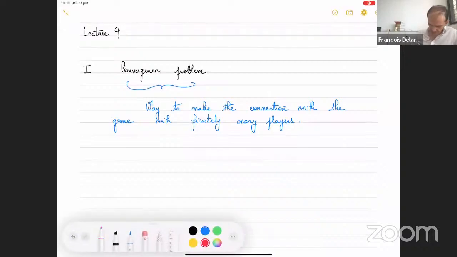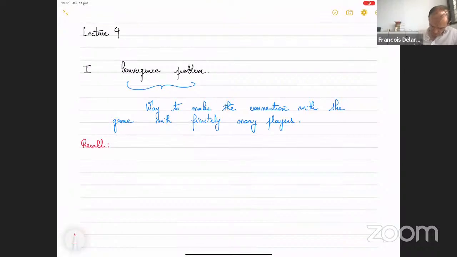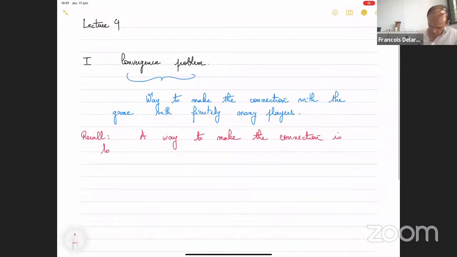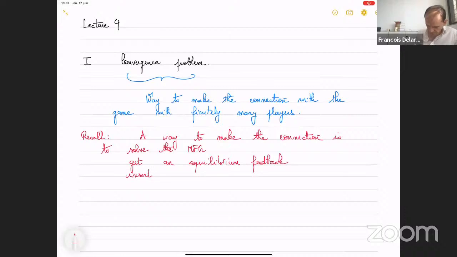So recall, a way to make the connection is to solve the MFG, then to get an equilibrium feedback, and to insert this equilibrium feedback into the game